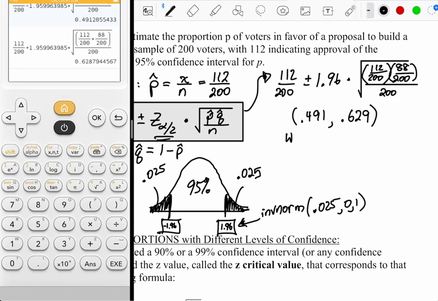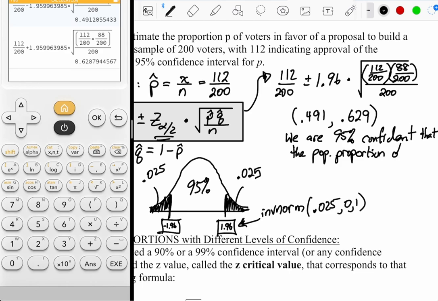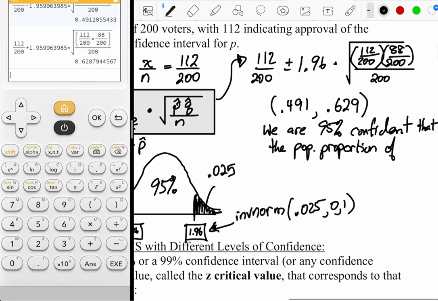We are 95% confident that the population proportion of voters that approved the proposal, something to talk about what the statement is in relation to, voters that approved the proposal